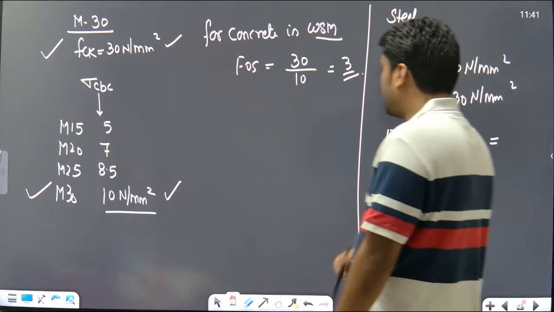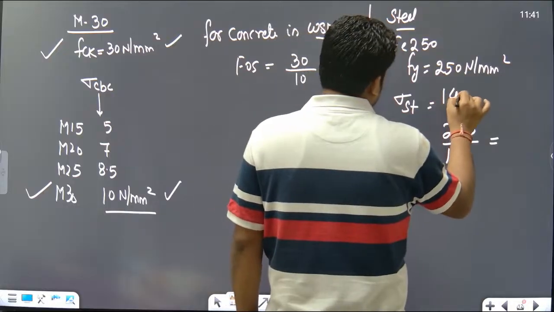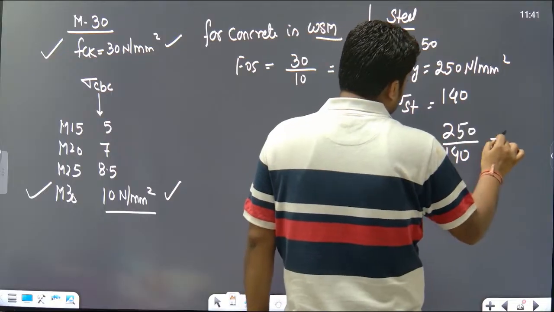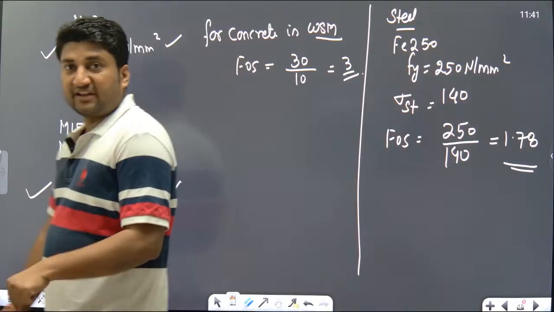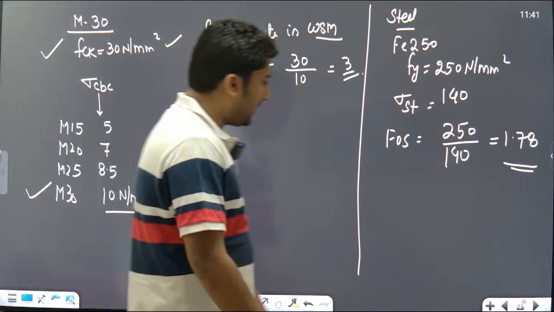Okay, let us suppose you are permitting 140, so you can see this value comes out to be 1.78. So the factor of safety for steel in the working stress method is roughly around 1.8, and for concrete it is 3. In the question you are asked with